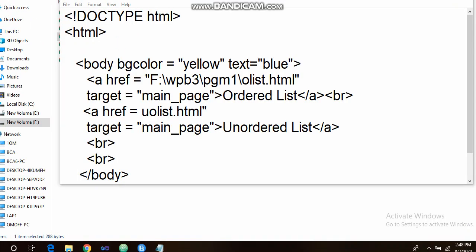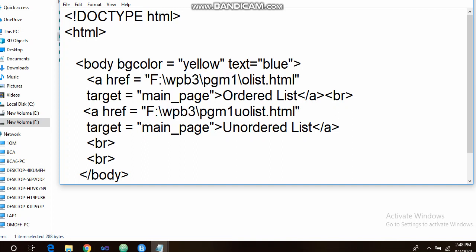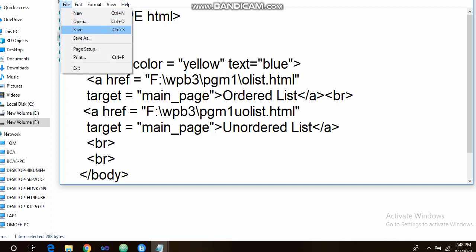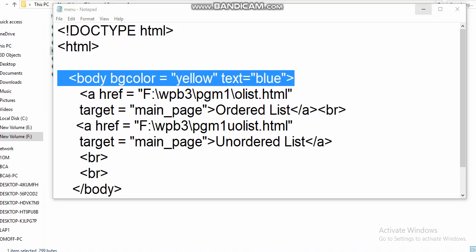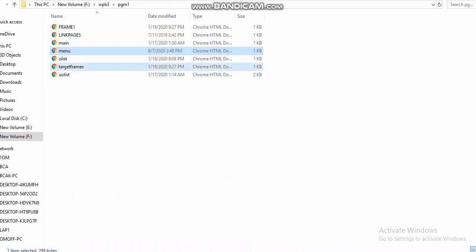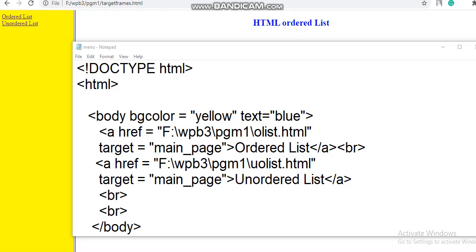See, there's an error over here. As we have changed the path, we have to just copy the path correctly. I'm just saving this file, and then let me check it. See, this was the error.